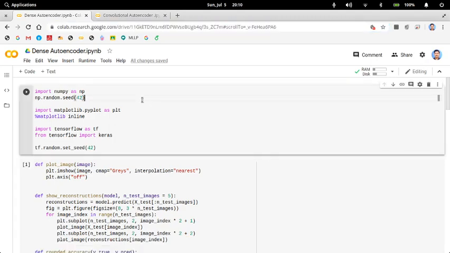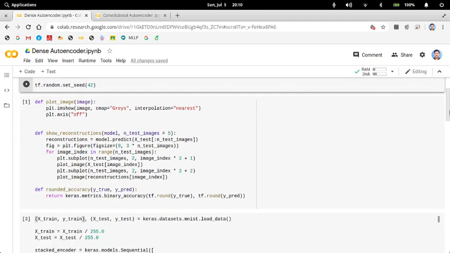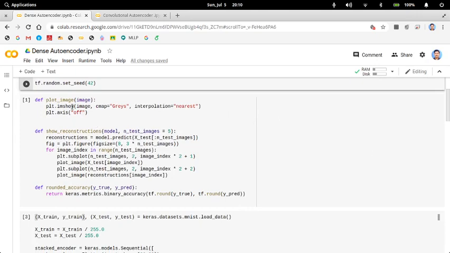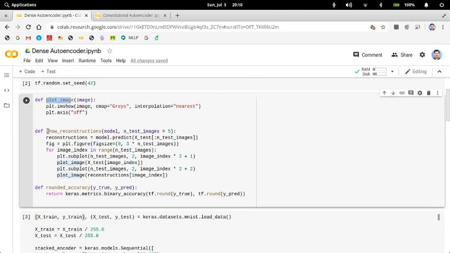So this is the example for dense autoencoder. These are normal import statements which we see: random seed, then matplotlib, we import TensorFlow and Keras. These are subsidiary functions for plotting an image, for showing the image in the reconstructed stage.